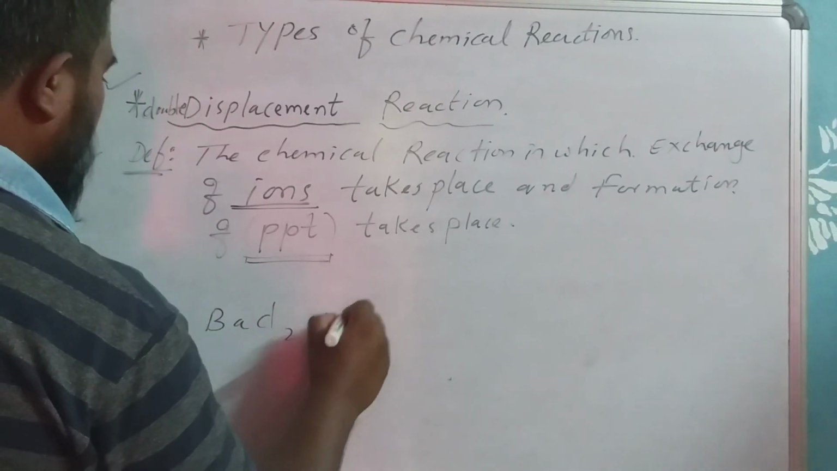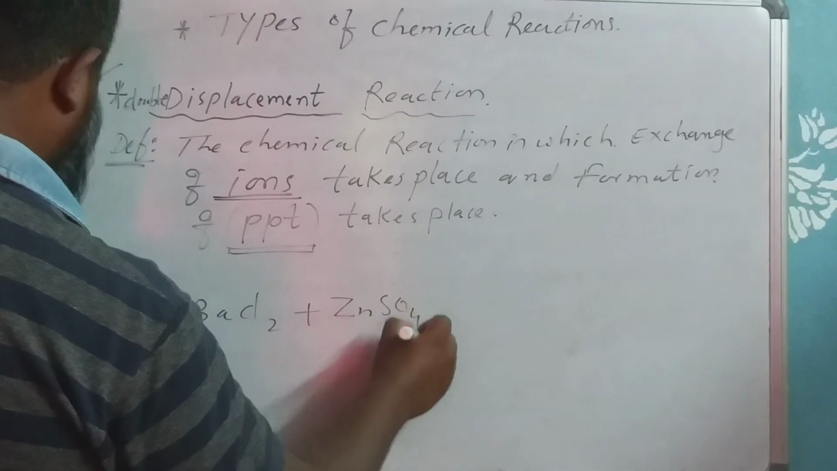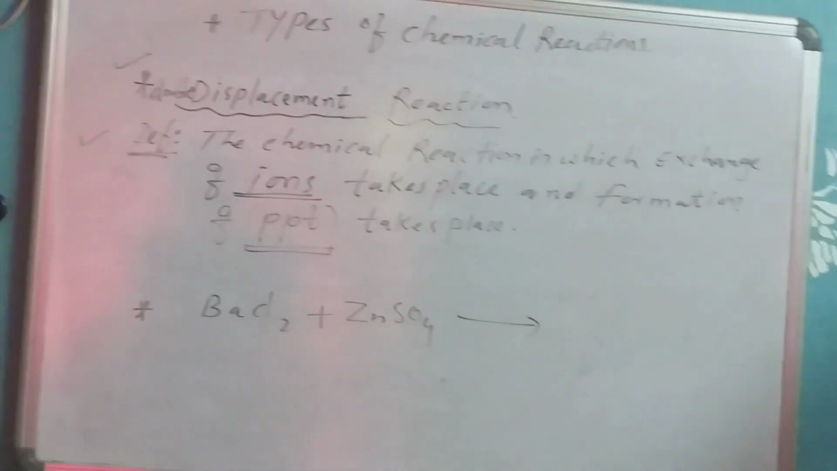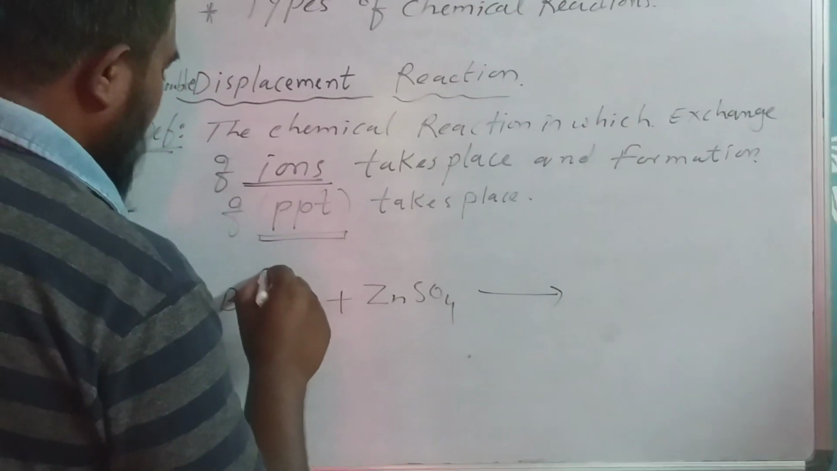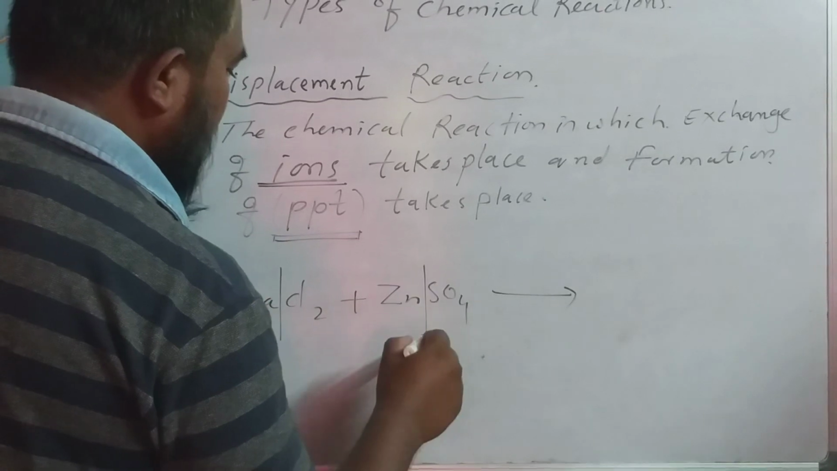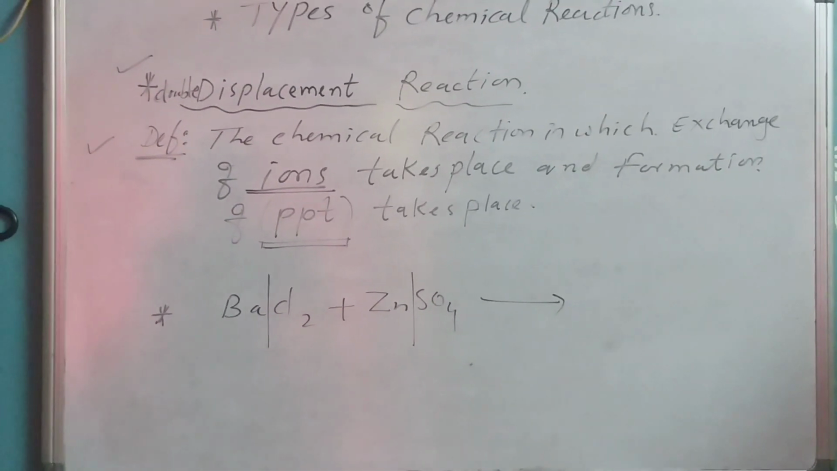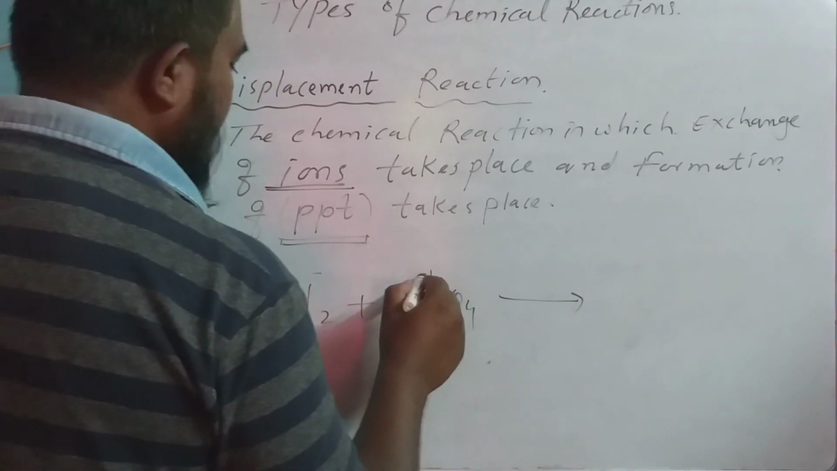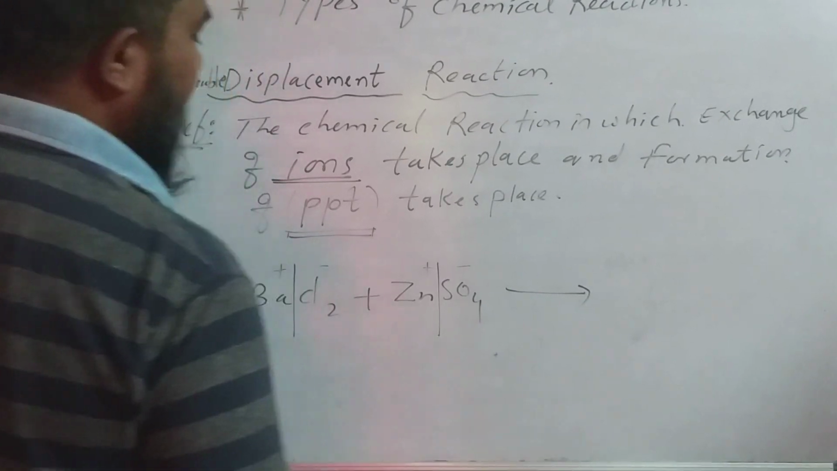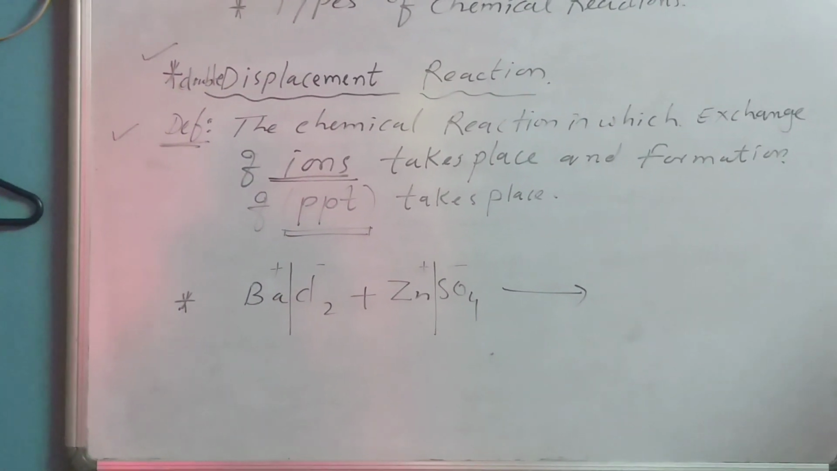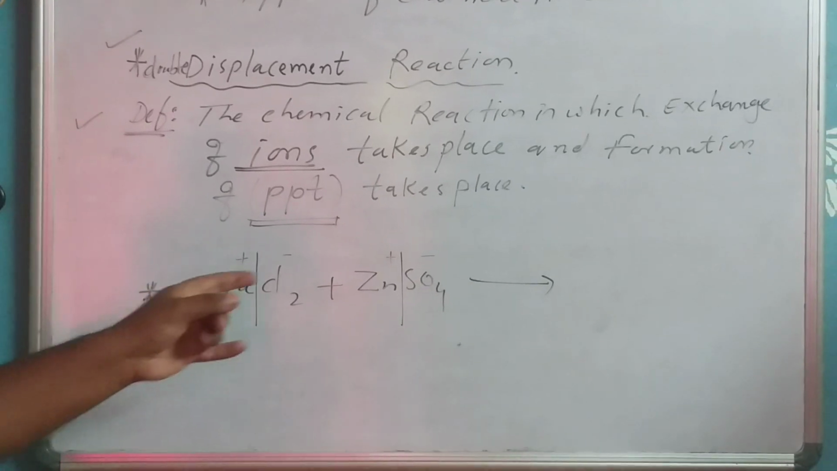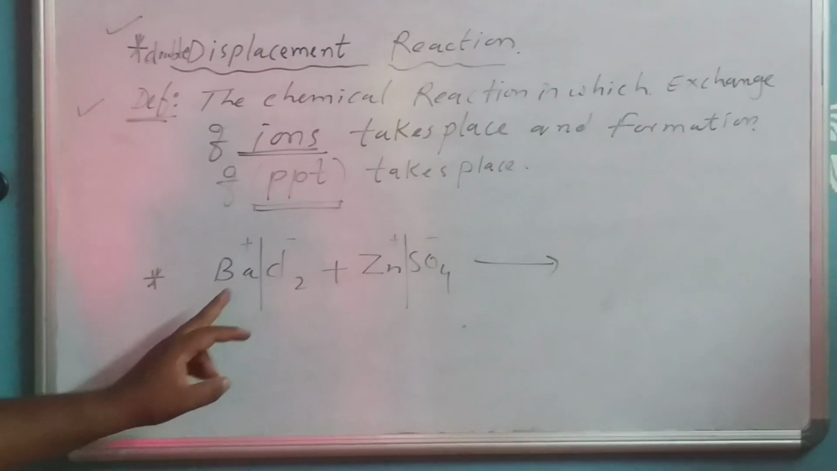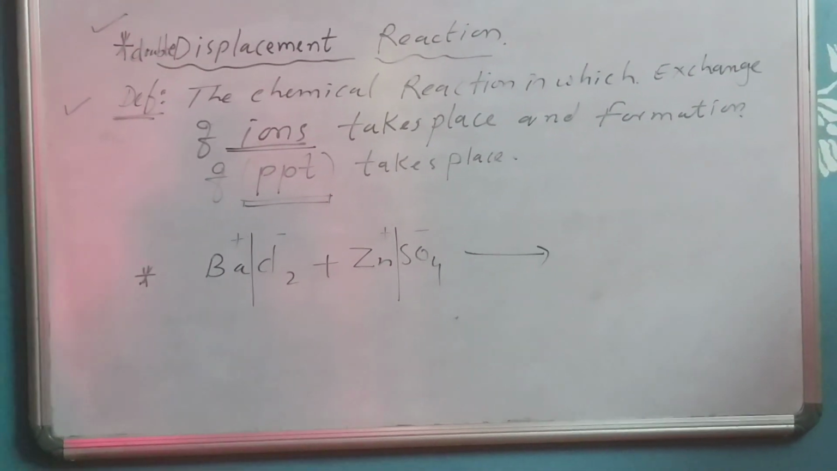BaCl2 plus ZnSO4 will give... Now, how do we identify the cations and anions? We can divide each of these two reactant compounds into two parts. Ba will be positively charged, Cl will have a negative charge, Zn will have positive and SO4 will have negative charge. These are cations and anions. Keep in mind, the negative part will always attach to the positive part. Now first of all we have to write